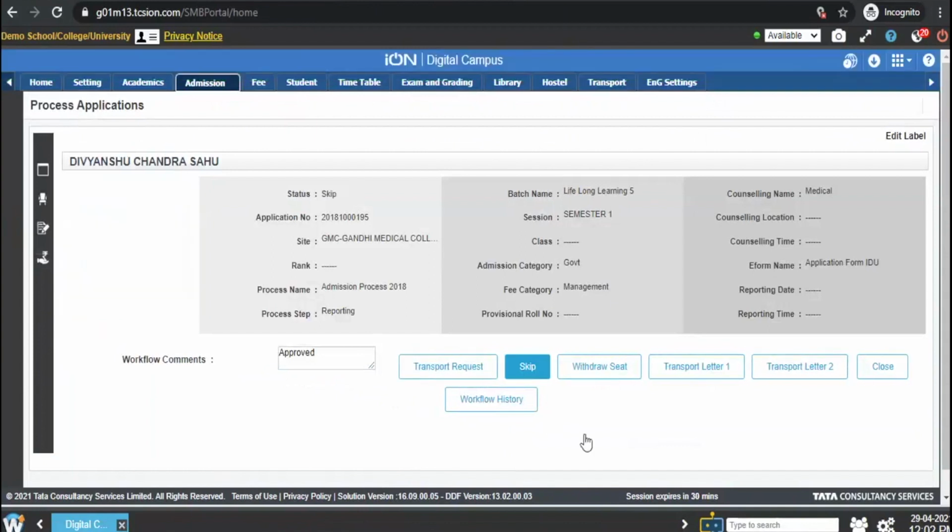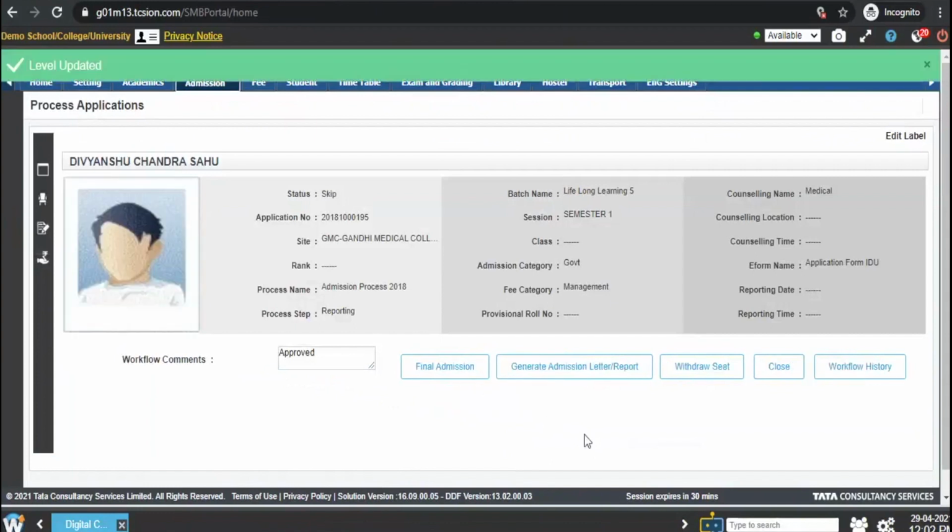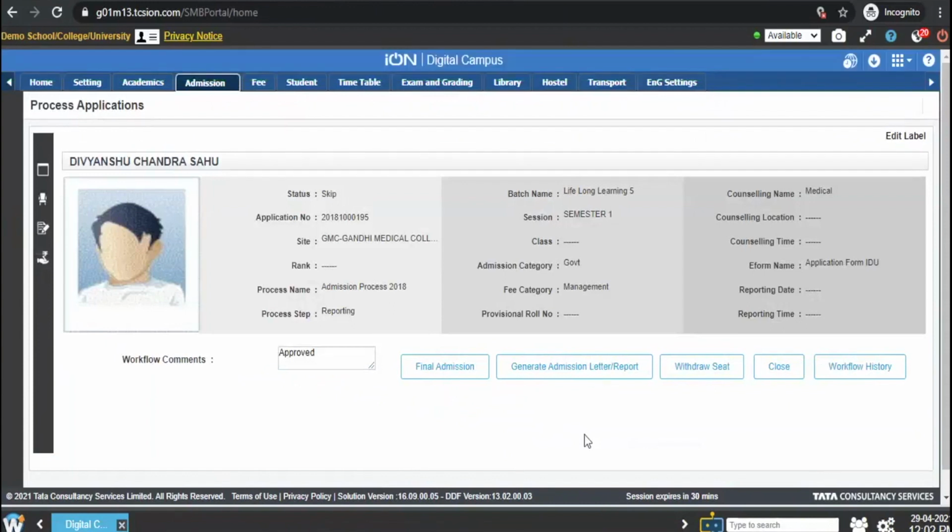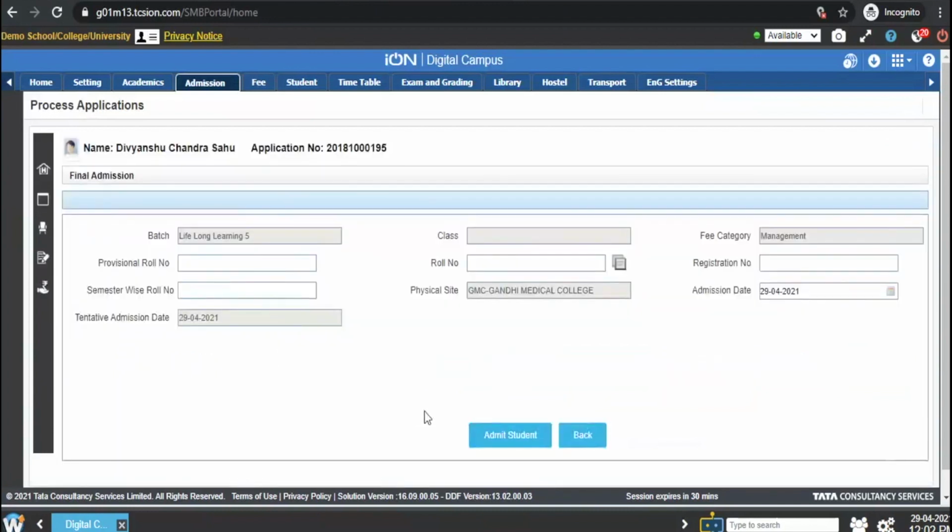So this entire application or admission process can be configured as per your requirement, including the steps to be added while admitting a student, and the final step would be to generate the admission letter and admit the student. If I click on the final admission, my system will ask for the registration number and roll number to be generated for this particular applicant. So I have two different ways: either to enter these registration and roll numbers manually,